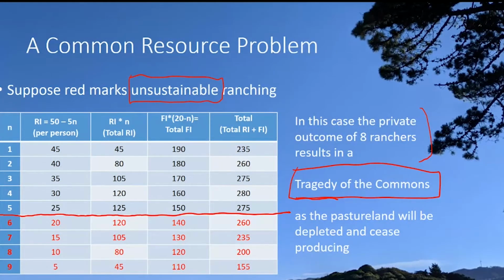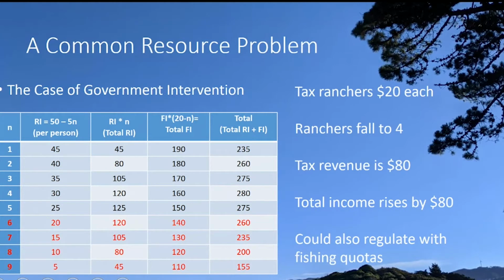So, how do we solve the problem? Well, one way to solve the problem is with government intervention. The government can come in and regulate the market for pasture land or the ocean fishery or the river irrigation systems. And they can actually specify who's allowed to operate, how many people are allowed to operate, what are the rules that should be applied. Governments can step in and try to adjust what the equilibrium will be by implementing some sort of government policy.